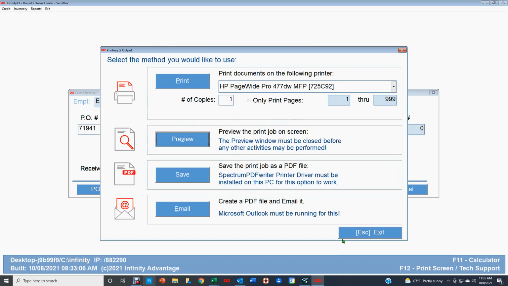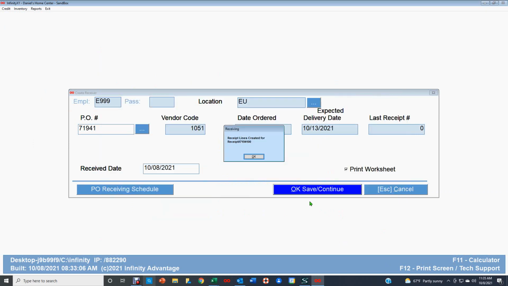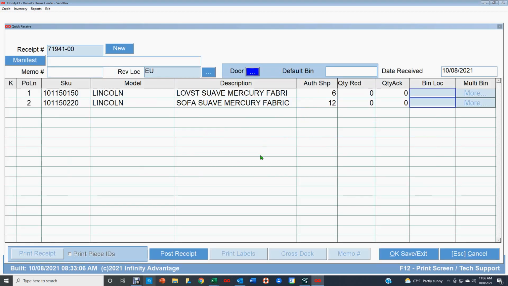So now that you've seen that, if we keep going, once I click the OK Save, it says the receipt lines were created. And now this receipt number is 7194100, and that's the purchase order number 00. If there were a second delivery on the same purchase order, the next receipt would be the purchase order number 01. I'm going to click there,